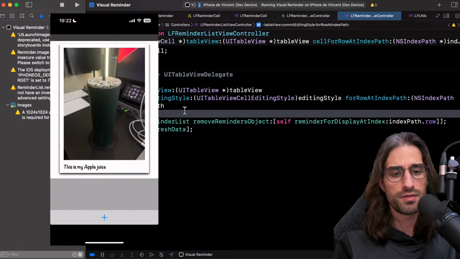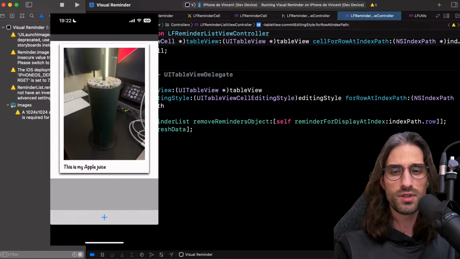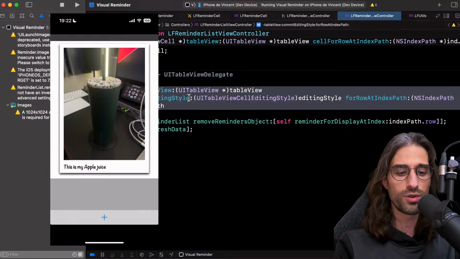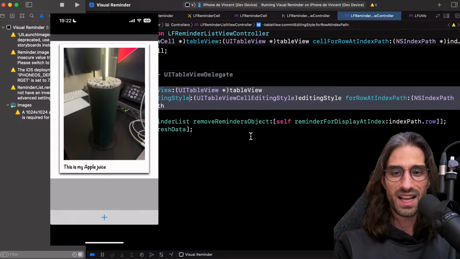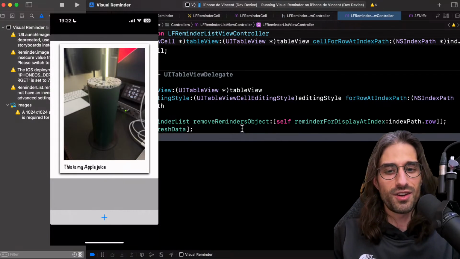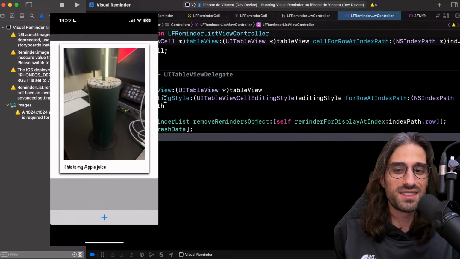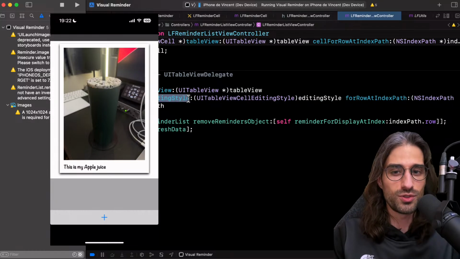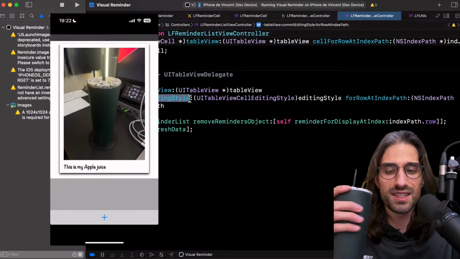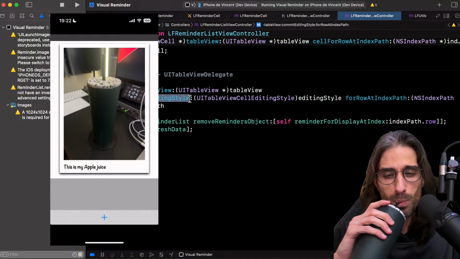Okay, and this one is for the swipe to delete. So table view commit editing style. It's so weird that the name does not reflect at all the fact that you are deleting, and I think a lot of people searched on Google how to swipe to delete, and were surprised by the fact that to have this, you just need to implement this method that has a kind of misleading name.